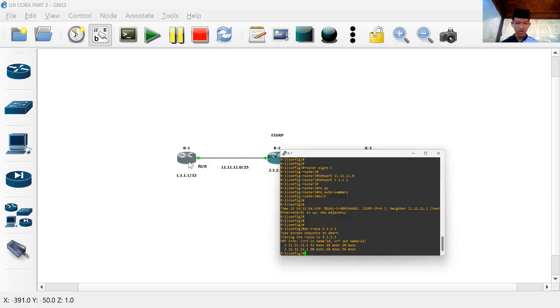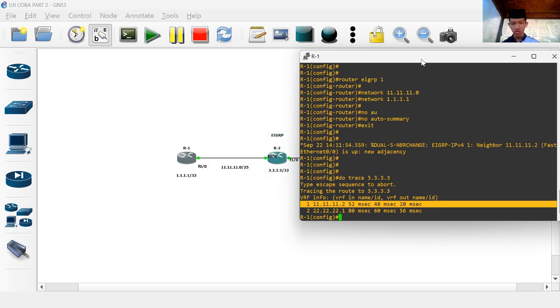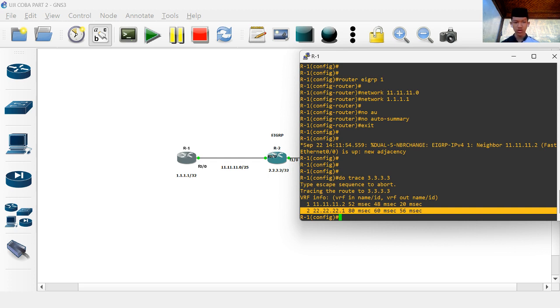Like this, router 1 has a path to ping to the IP loopback of router 3 with the IP address 11.11.11. The host is number 2, this IP address belongs to router 2. And the last path